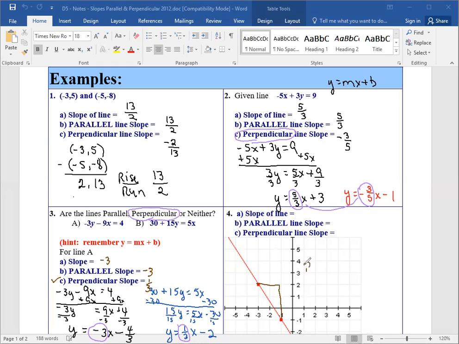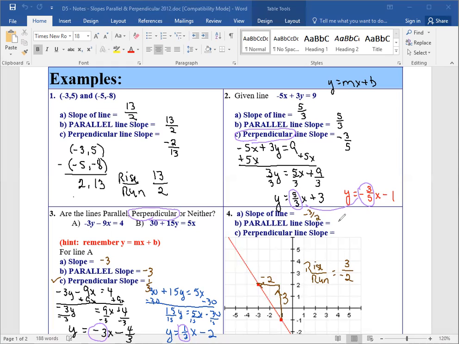So I'm going to say that my rise over run, so I rise up 1, 2, 3, and then I turn to the left. When I turn to the left, now I'm going in the negative numbers, 1, 2. So my rise is 3 and my run is -2. So this slope is -3/2,